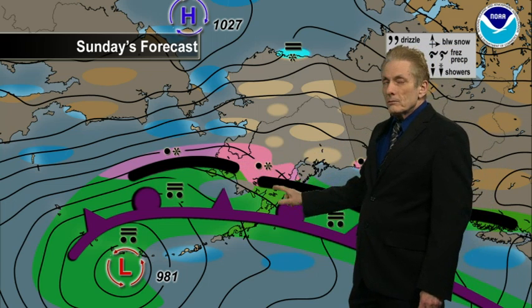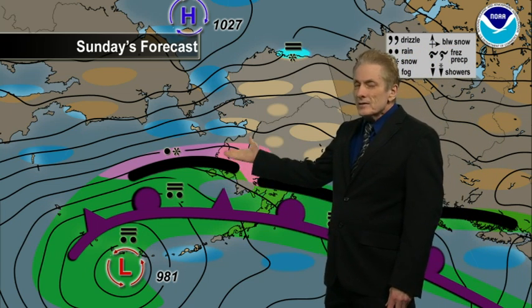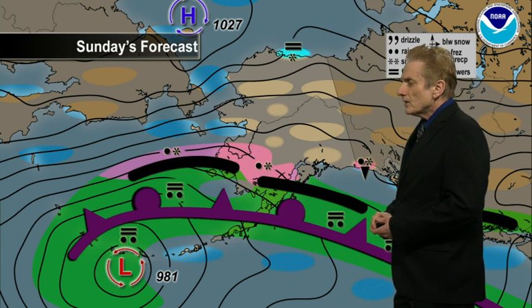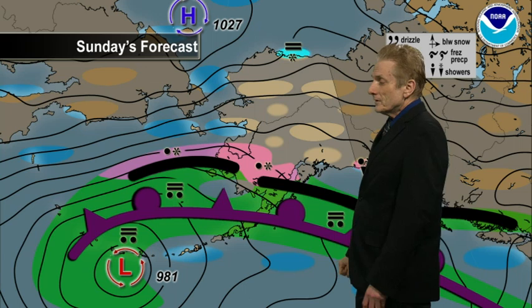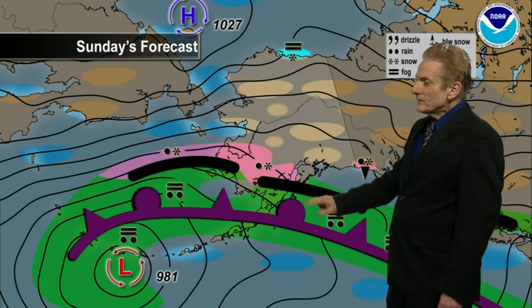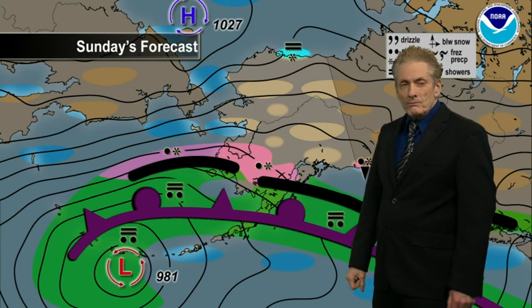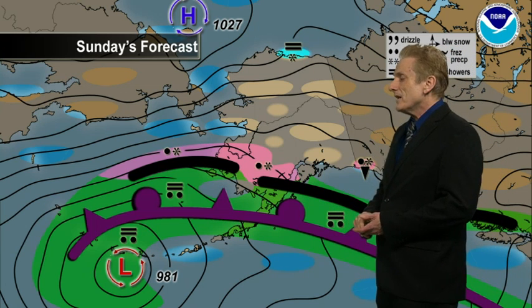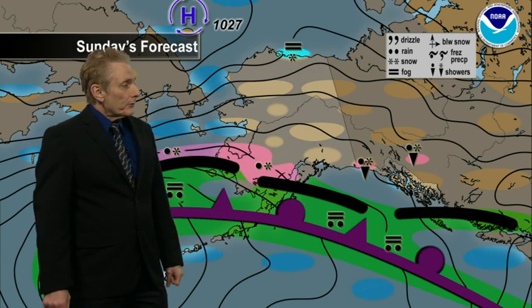And possible mixed precipitation here, especially in the morning hours across the southern Kuskokwim Valley. Some of that lifting north into the Yukon Delta, but quite light and questionable as to how far north that will get. Not much difference here. Probably see a little bit more moisture coming up the east side of the western Alaska Range there, so that's going to knock the flying conditions in the passes. Should go marginal with the lowest conditions on the eastern approaches,